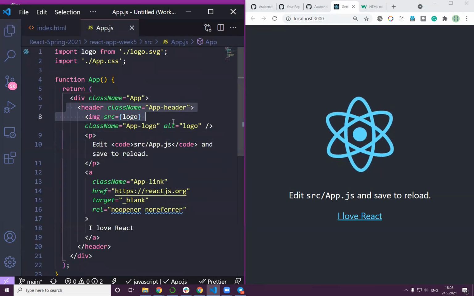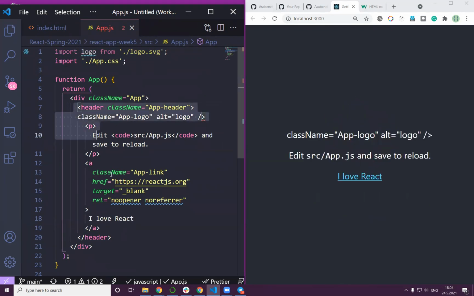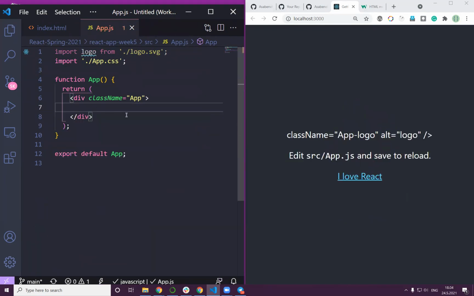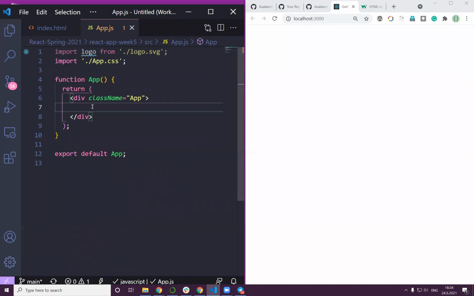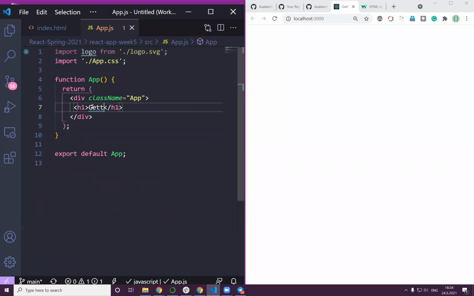So we don't need that image to spin like that, and even we don't need the header itself. Yeah, and then we may say h1 getting started React. Great, and now as you can see, this is